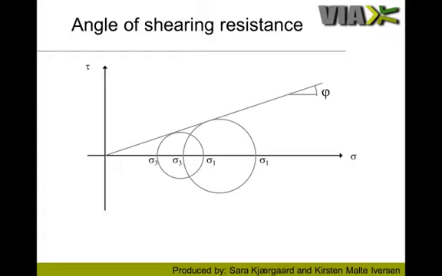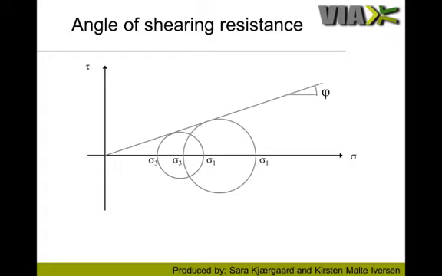The angle of shear resistance is a parameter which describes the strength of sand. It is used in many ways to calculate different structures in, around, and on sand. The angle of shear resistance is normally determined by a CPT or SPT test or by a triaxial test in